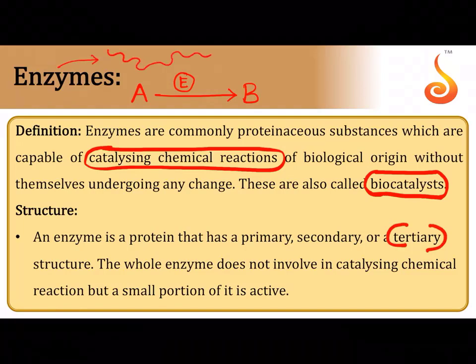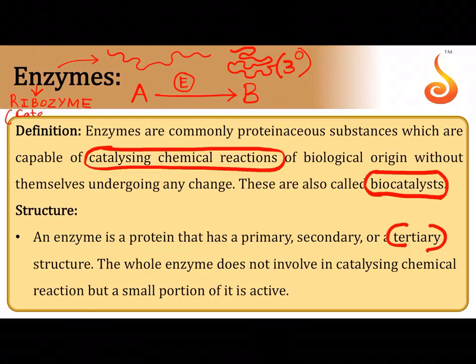That means they have a thread, a beaded chain which is made up of amino acids, and this thread gets coiled around itself to form a structure called a tertiary structure which resembles a hollow woolen ball. But can you think of an enzyme which is not a protein? Most of them are protein, but there is an enzyme which is called ribozyme. Ribozyme is an enzyme found in ribosome, and it is nothing but a catalytic RNA. It is an RNA which can function as an enzyme.